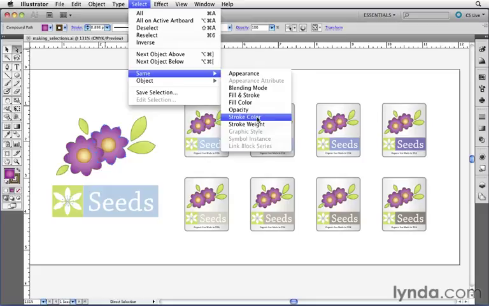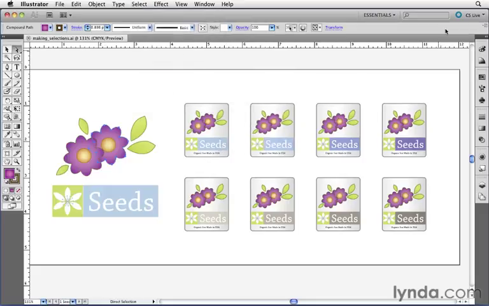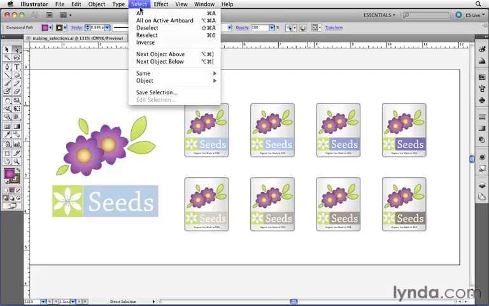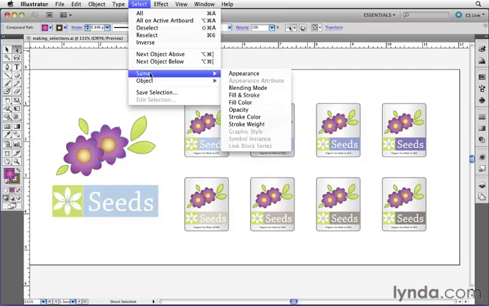These commands here are kind of nice, but there's a way to access these commands much more quickly directly inside of your artboard. Let's see how that works. Notice that at the top of my screen, I have my context-sensitive Control panel. One of the elements that you'll find in the Control panel is this icon right here. It's the Select Similar Objects, which is exactly the same as the Select Same menu. Here's how you'd use it.